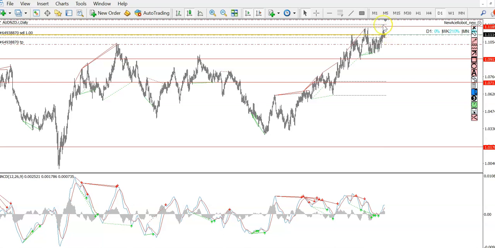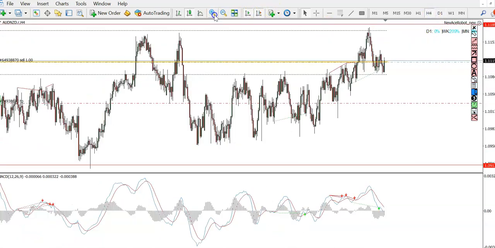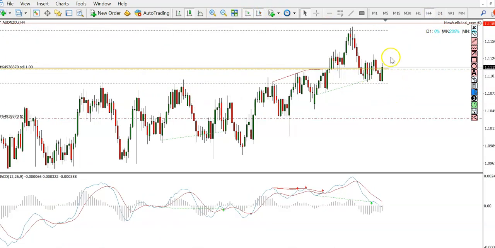I do not expect it to take out this high. I do think this is the last high in this move before it sells off, and hence the reason I'm selling where it is this week. It could pop up a little bit further, then sell off. We will see. So again, I'll just repeat this